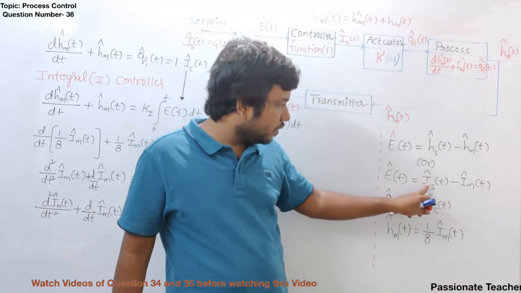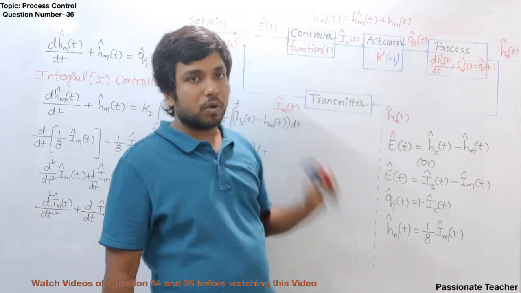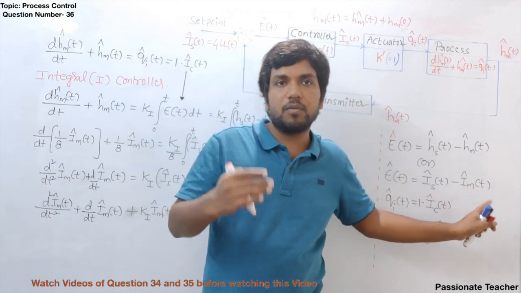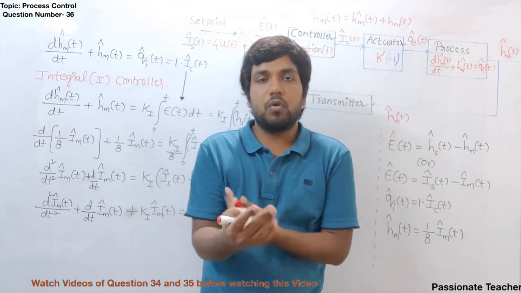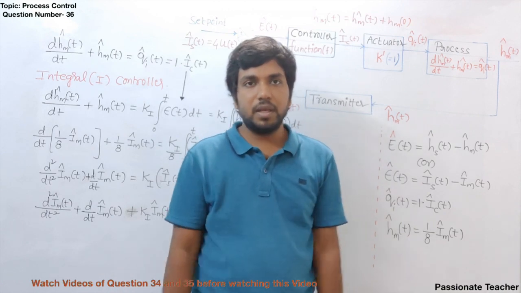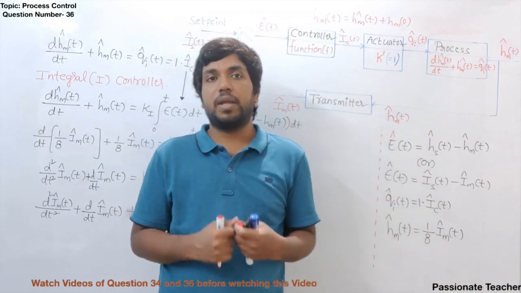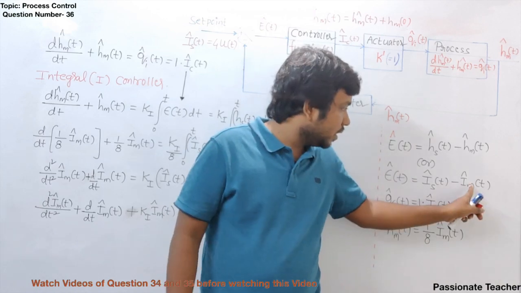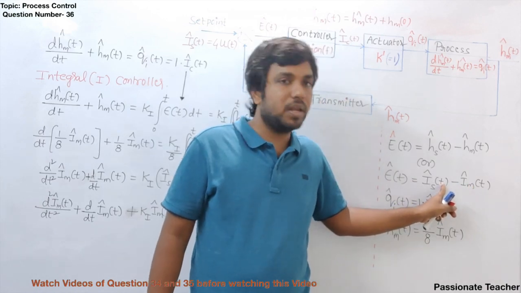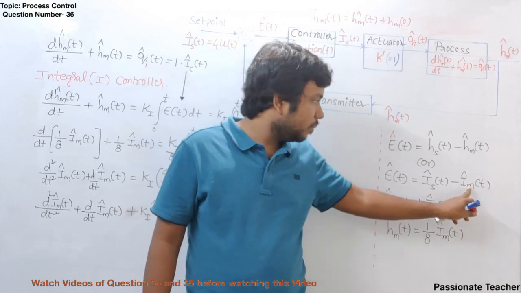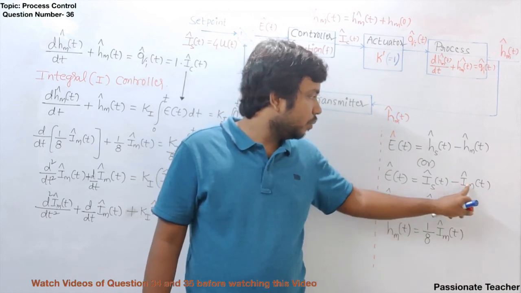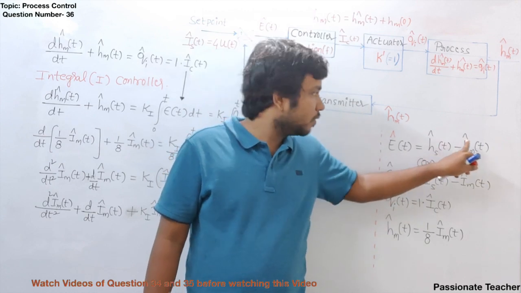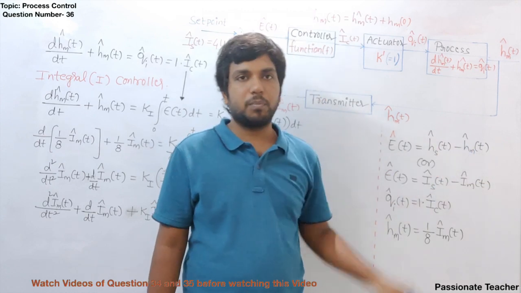Now this deviation is equal to 4 milliampere. But unfortunately, the deviation in the measured current will not immediately become 4 milliampere. It takes some time. Clear? So how fast it is going to take, and whether this deviation will be equal to 4 milliampere or not, is what we are going to discuss. Because ultimately both of these two should be equal. If both are equal, then the measured water level will be equal to the set point.